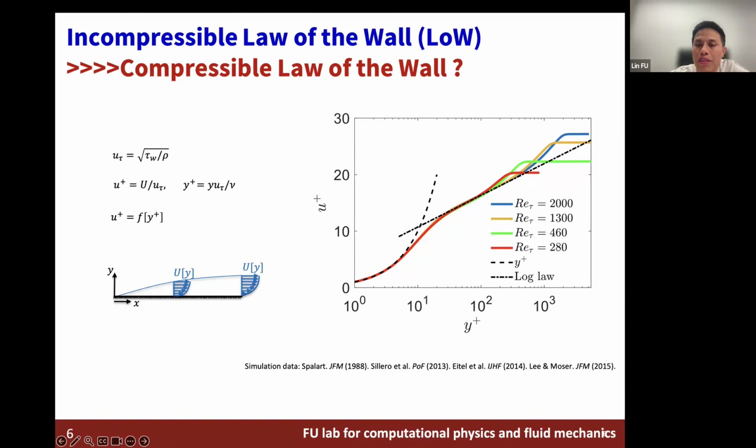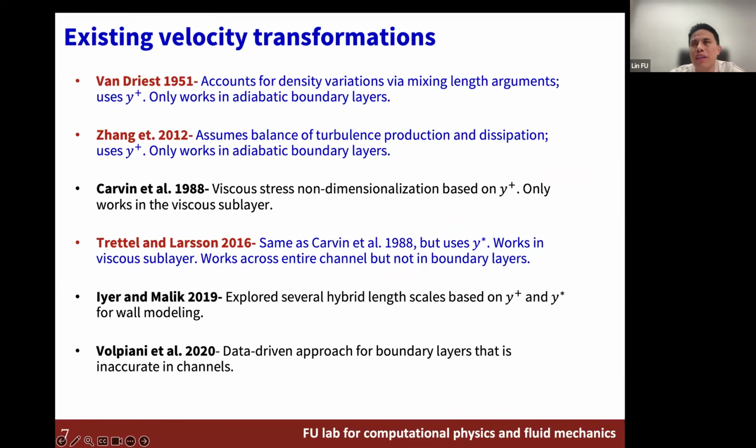And this collapsing log law, this universal law of the wall, actually builds up the foundation for turbulence models of incompressible wall-bounded turbulence. Then the question is: how about the compressible law of the wall? Do we have a compressible law of the wall? If we want to directly derive a new compressible law of the wall for hypersonic high-speed wall-bounded turbulence with different thermal conditions, different Mach numbers, different Reynolds numbers, it's rather challenging. The point is, inside the boundary layer, in compressible flow, in hypersonic flow, all the variables are changing, like temperature, viscosity, velocity, etc. So it's really hard to derive a simple scaling.